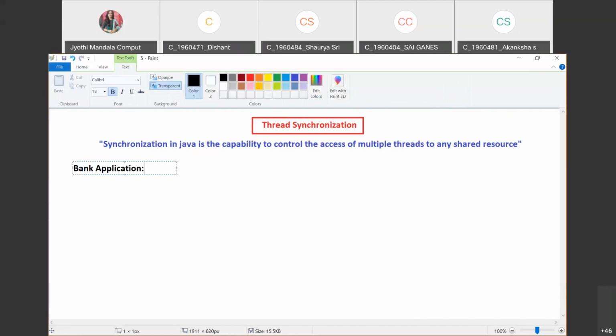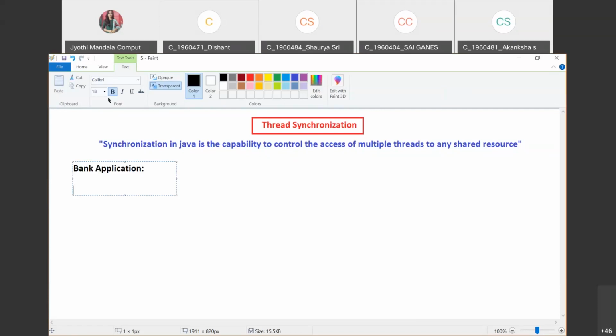Whenever we want to perform a withdrawal, we check the amount the customer is asking for against the balance amount. If the amount given is less than the balance amount, then the withdrawal is possible, right?